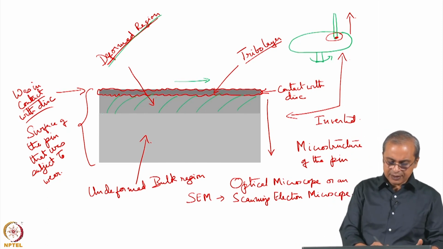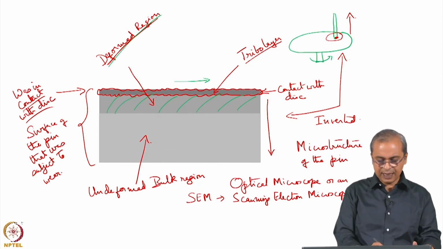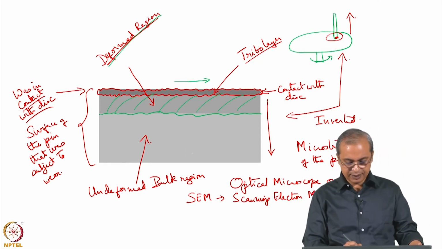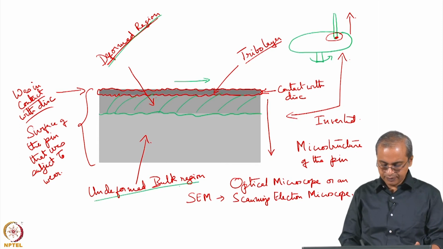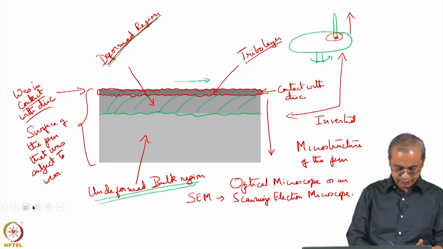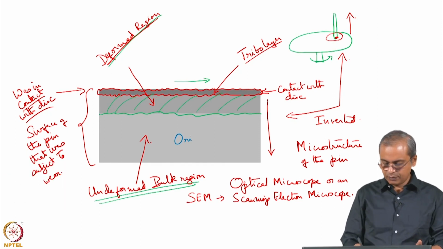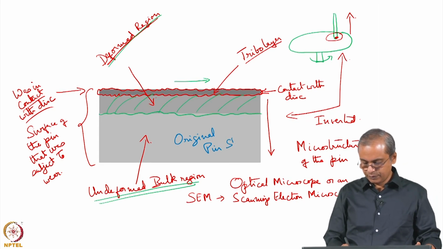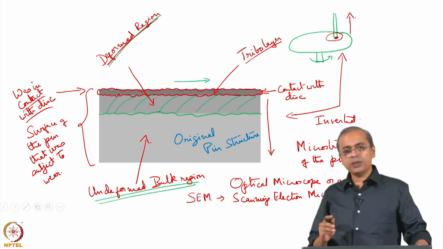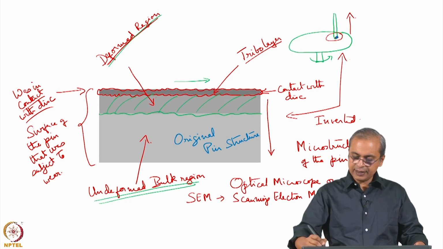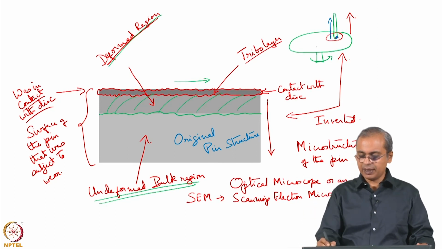Then if you go further deep, again there will not be a very hard and fast line at which this happens. So this is also going to be some slightly non-uniform line, and then below that, when you go deeper than this deformed region, you will have the undeformed bulk region. So this is your original pin material. So the original pin structure will be there towards the interior of this pin. So as you go away from this contact region, as you go up, you get these different regions. So tribo layer will be here,